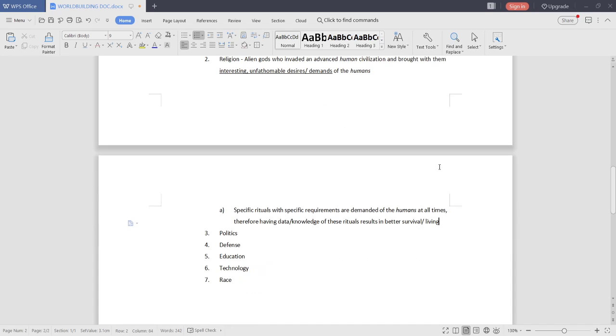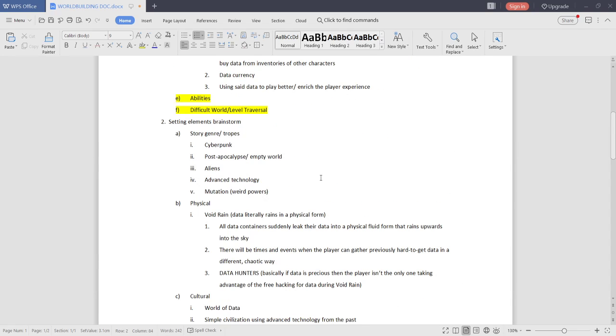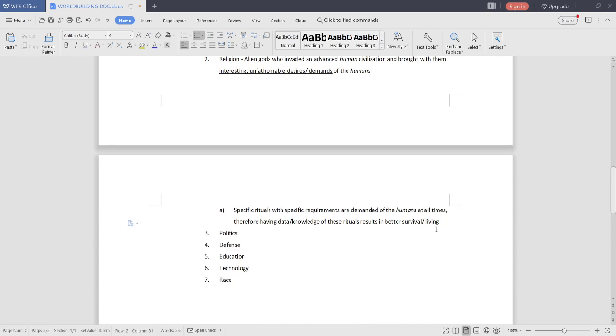Even though I said a while ago survival is the more simple thing, which is easier to display in a video game, we could include living as well, like better living, so it's not way too simple. For example, the player gets to not have to worry about so much stuff the more rituals they do correctly.